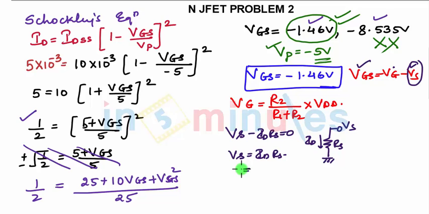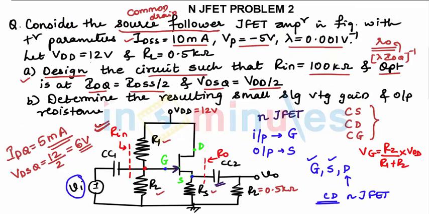Now how can I write RS? When you look at the main diagram, this voltage is VDS, right? So when you apply KVL in this entire loop, I will redraw the diagram. You have plus VDD, then you have the drain to source voltage, then you have your RS. The current flowing through RS is ID. Here you have VDS and here you have VDD.